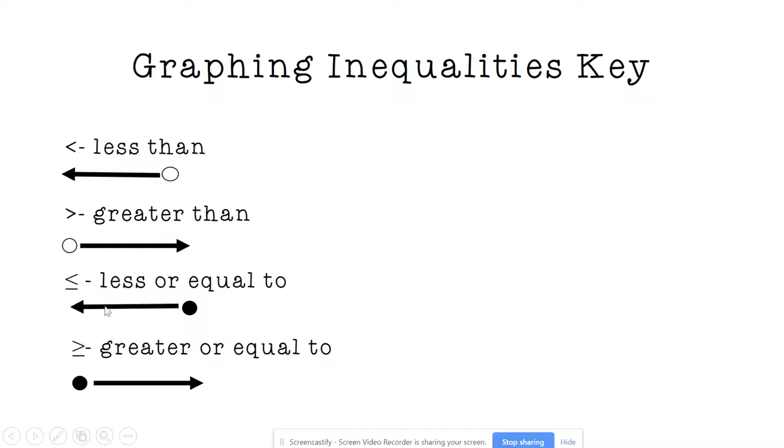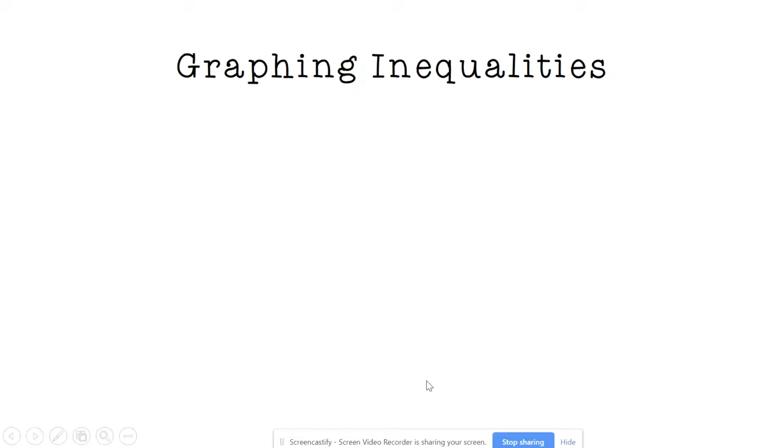Less than or equal to, it's going to be a closed circle, and it's going to be to the left side. And greater than or equal to, it's going to be a closed circle, but it's going to go to the right side. And graphing inequalities, we